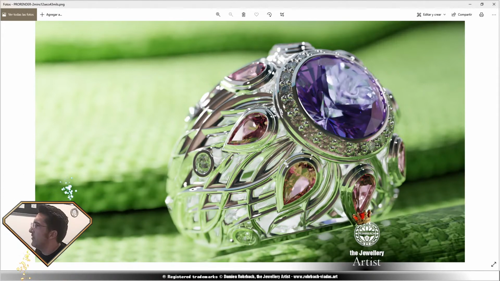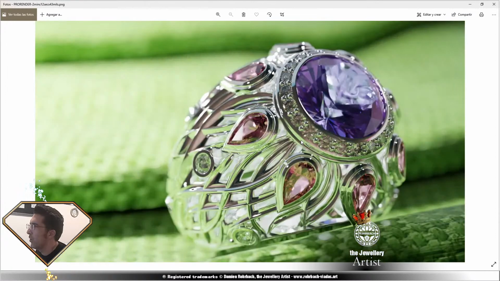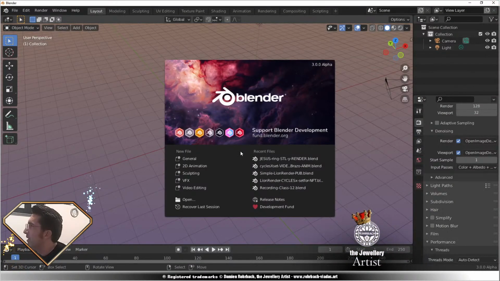And if you look at the metal, it's very far from the metallic look that, for example, Renderman gives very quickly, and that was amazing. So I was fairly disappointed in all the effort I had to make to install Prorender and make it work, because first you have to find the version that works, which is 283, and then you need to run it as an administrator, and that's weird. Anyway, okay,